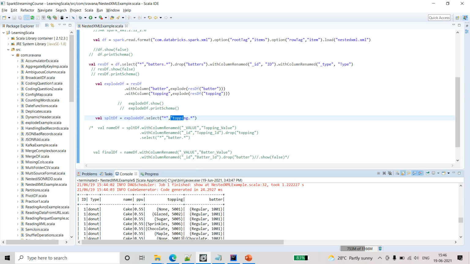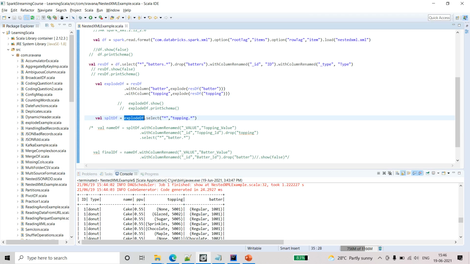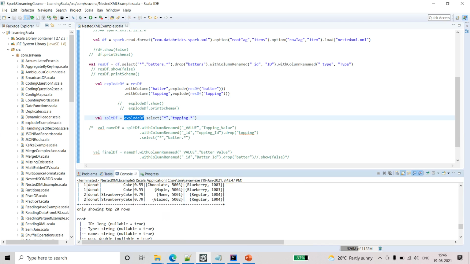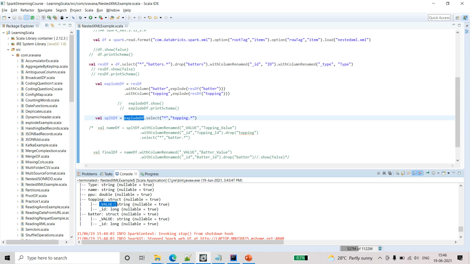Okay, here from the exploded df, whatever we have seen, id, type, name, ppu, and topping and batter. So here I am taking only topping because if you see the values inside it, both have underscore value, underscore id. Here also the same. So if I explode it again, in the sense if I flatten it at a time, then I will have four values like the same with underscore value, underscore id. So it might be difficult for me even to rename. So I wanted to go step by step so that it will be easier for me.